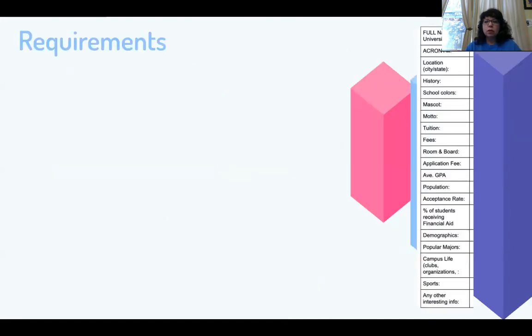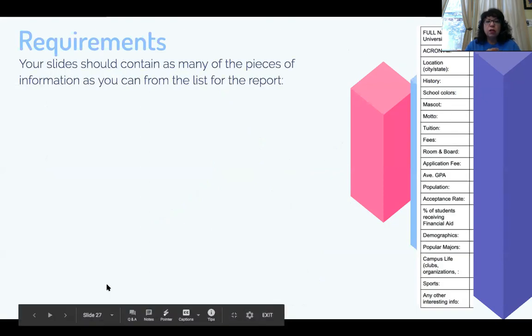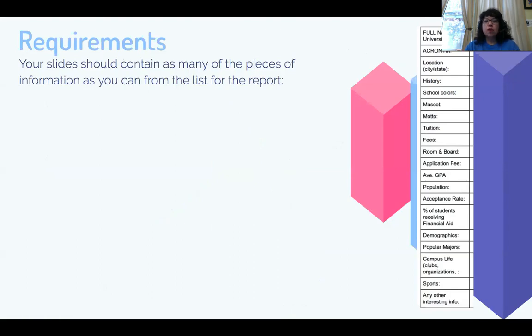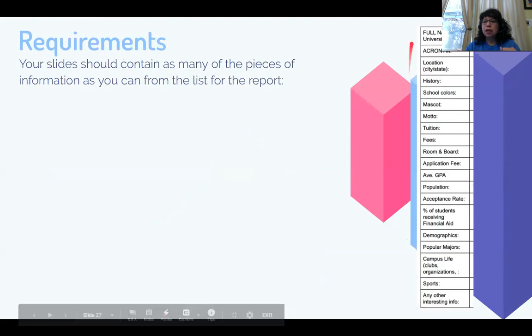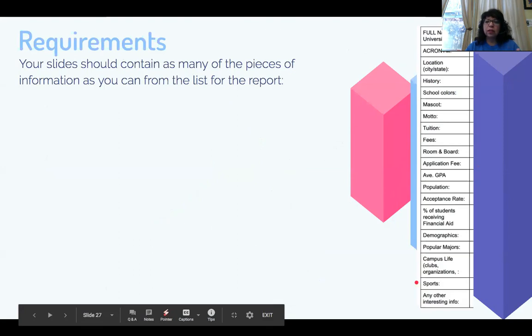Okay, so what are the requirements? What do you have to do? Here you go. I'm going to take it one at a time. Your slides should contain as many pieces of information as possible from the list in your notes. So you should have taken a look over here on the right-hand side. Let me see if I can get my little pointer. Over here on the right-hand side, you have all the lists of information that you should have filled in your notes. I left the right side blank because everybody's going to have different information. So you have to choose,